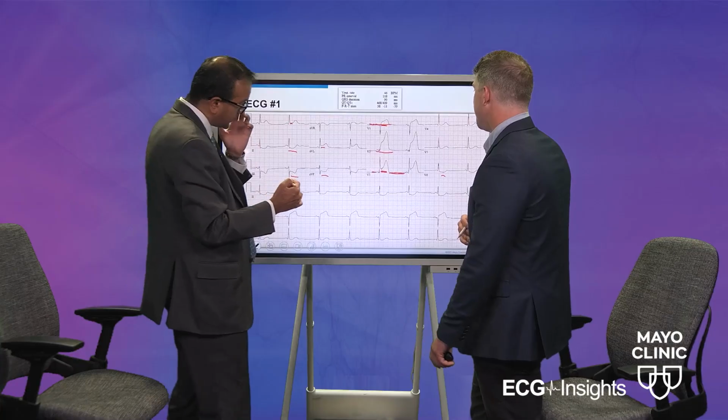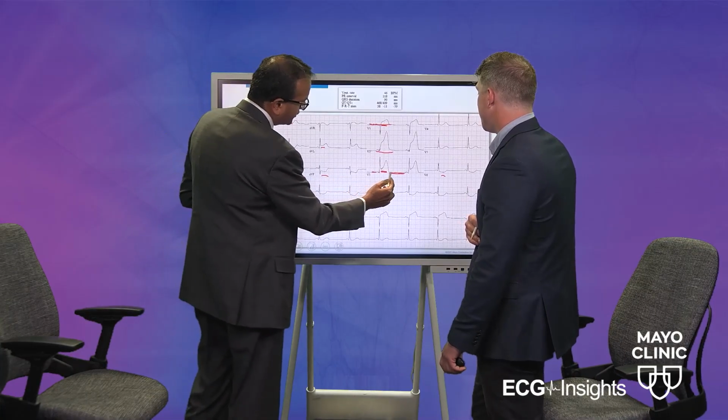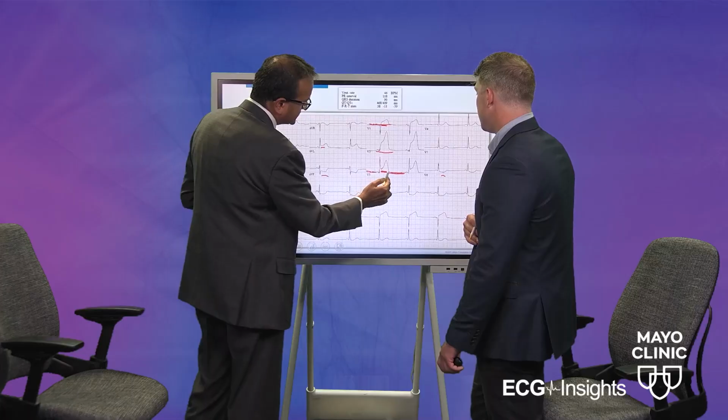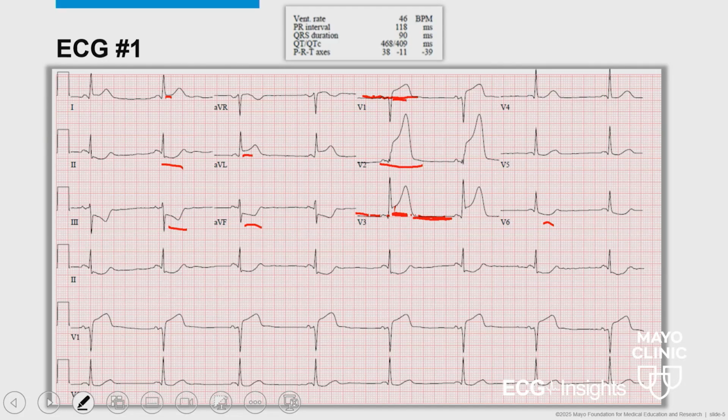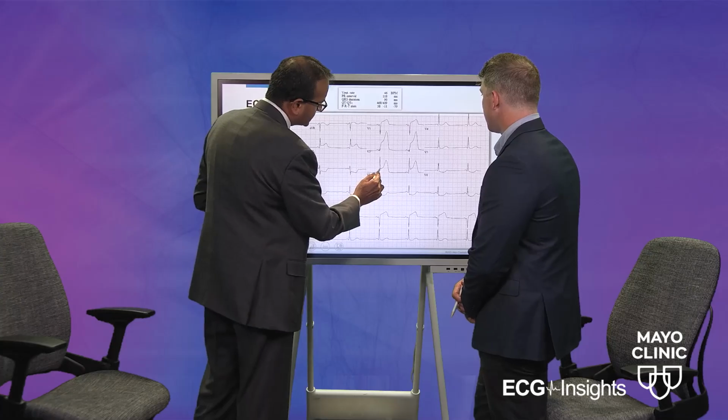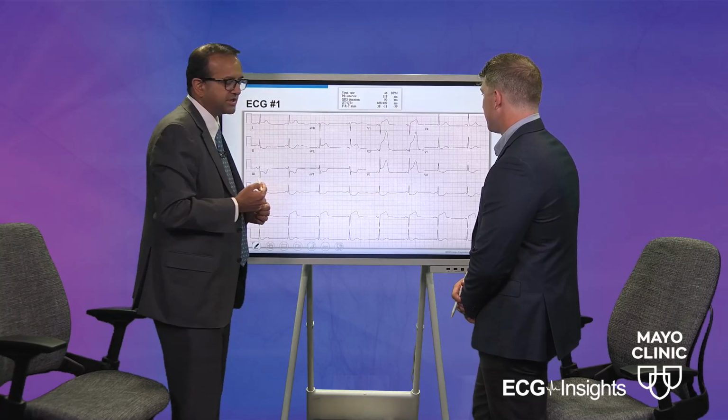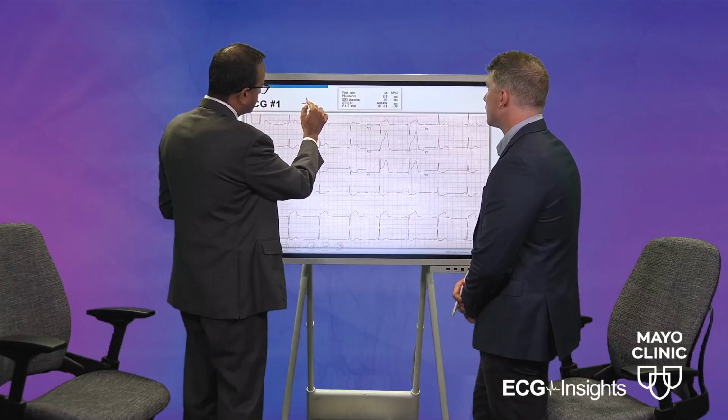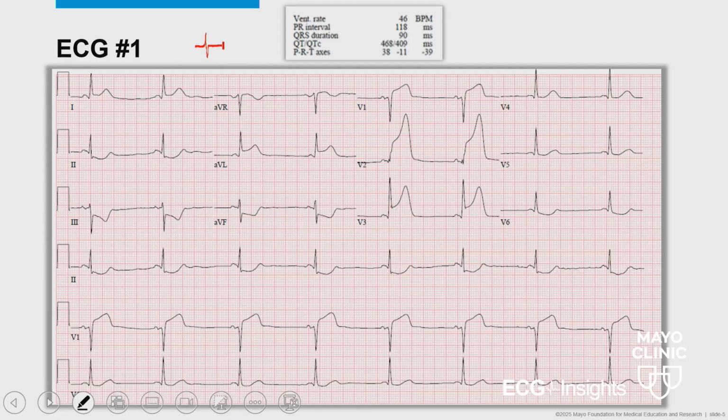Absolutely. So really when you're looking at the ST segment elevation, you have to compare it with some isoelectric baseline, which ends up being the TP interval. So based on that, if your ST segment has gone up, then that could be your marker that you have ST segment elevation. Another point to realize is that when you are getting ST segment elevation, what is happening to the J point? Because the J point is where the QRS meets the ST segment. So even the J point has to go up followed by an ST segment in patients with ST segment elevation MI.